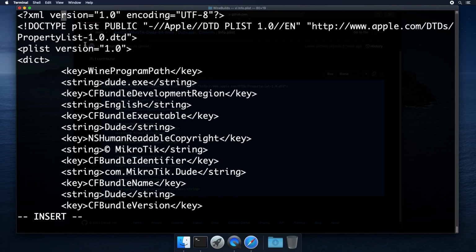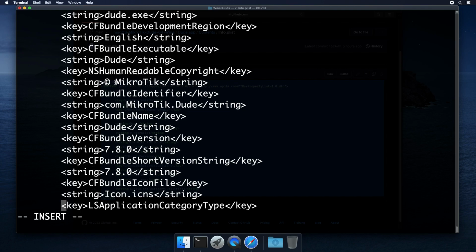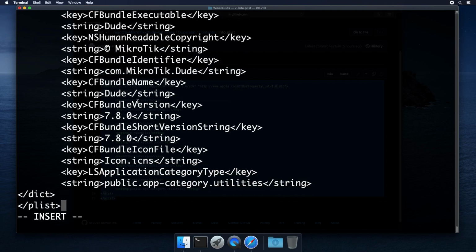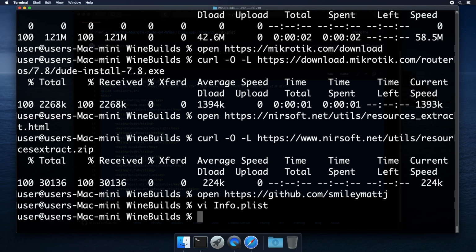So we can look at this file. It's going to say the name of the executable, and have some things in here like version. It's kind of like properties, like if you right click on a Windows binary and you see properties. And the most important part of this file is specifying where we're going to find the icon file. To get out, you would hit escape, :wq for write quit, and press enter.